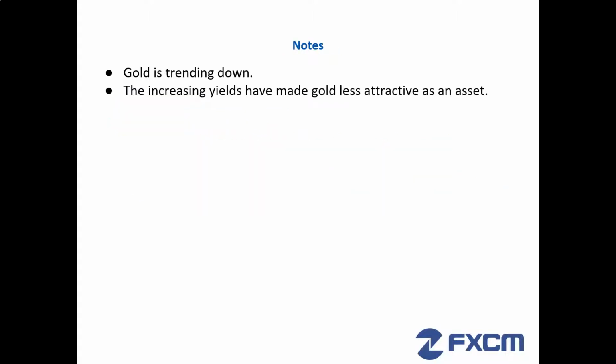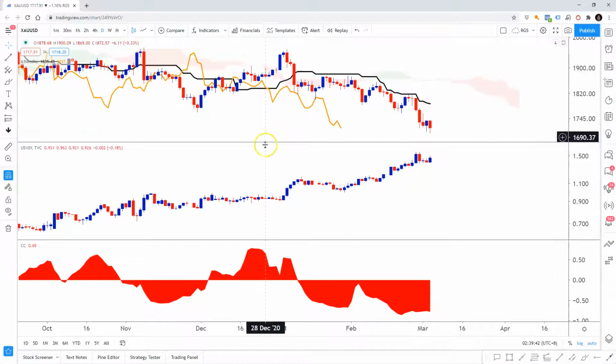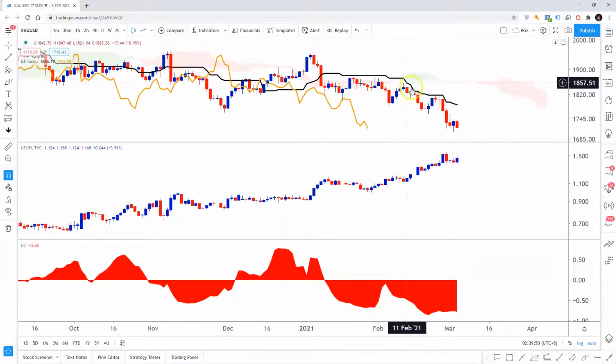Now, gold is trending down, and one of the reasons for this is that the increasing yields have made gold less attractive as an asset. Let's just bring up the chart, and what we have here in the top chart is gold. You can see that in terms of the Ichimoku, it is trading below its cloud. The forward cloud is in fact negative. We've got the lagging line below price, that's indicative of a negative momentum, and we've got this black baseline trending